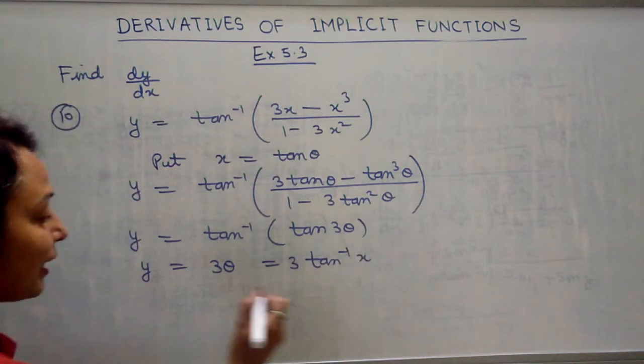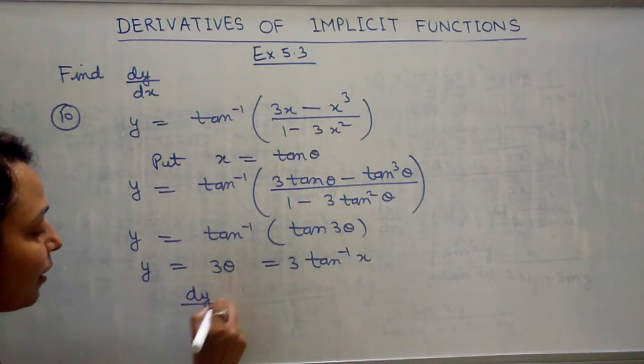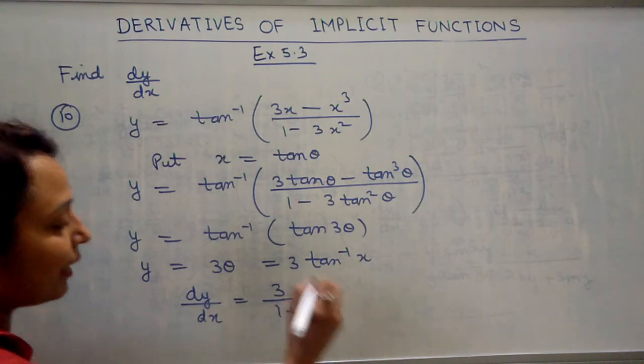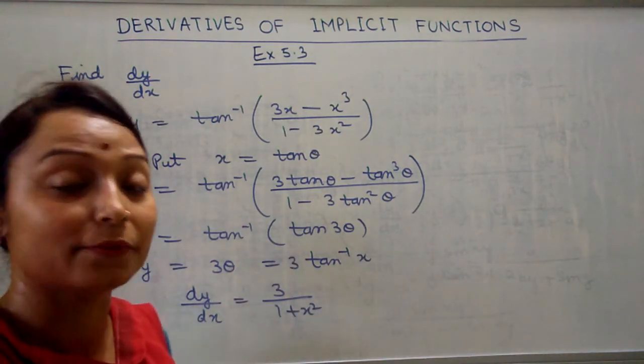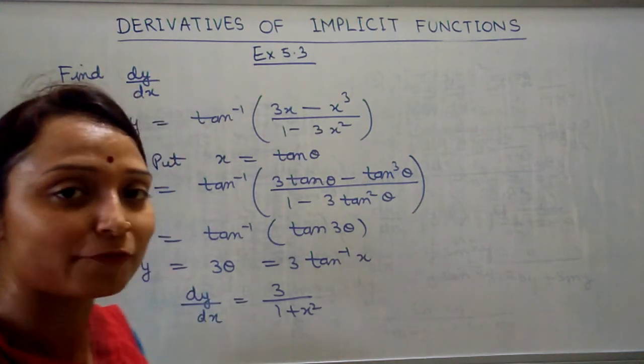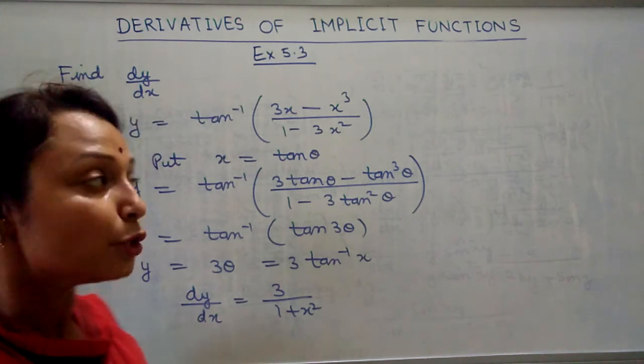So how can we do the differentiation? dy upon dx is equals to 3 upon 1 plus x square. So this is the way to solve the inverse trigonometric function. You have to use the substitution and expression for this type of question. Okay, do the practice of the